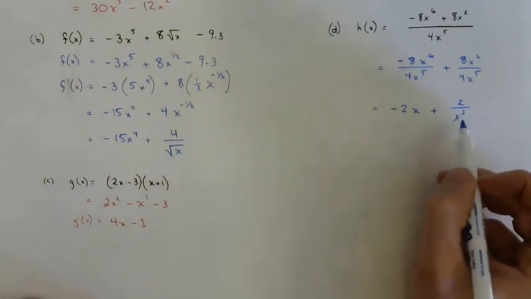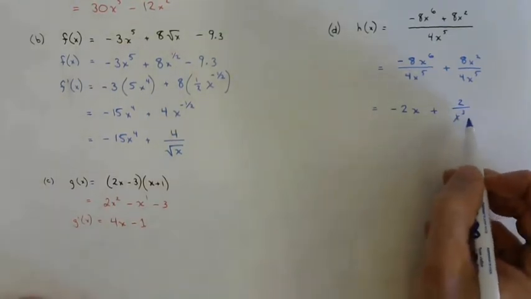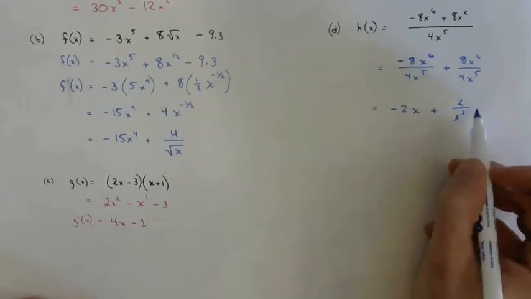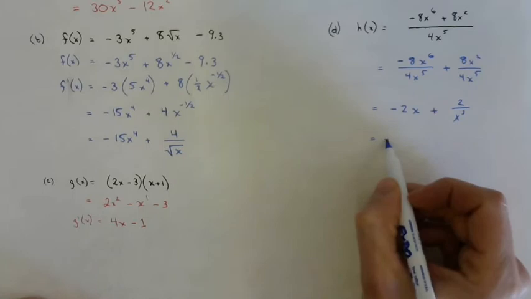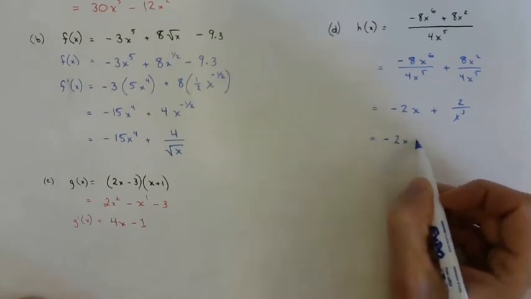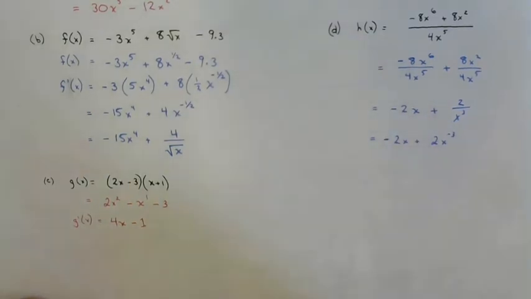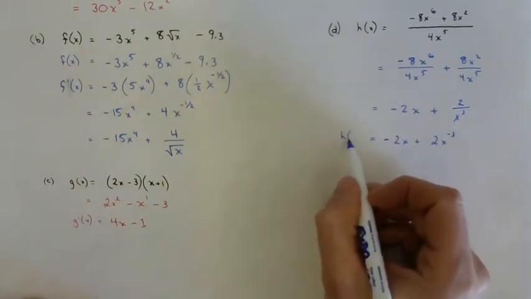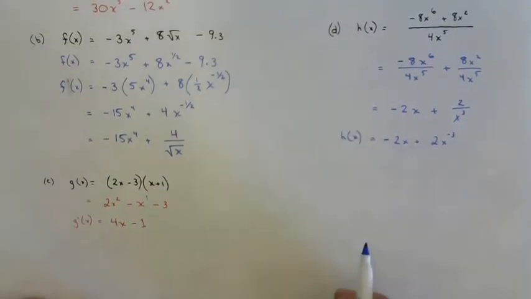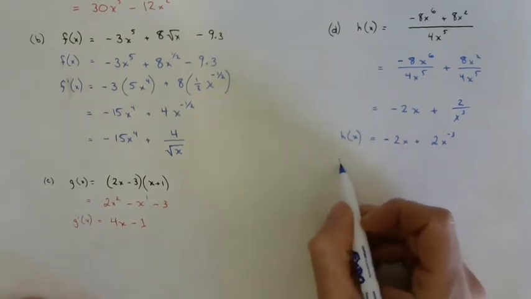Now again, we don't want our variable with its exponent in the denominator, so I'm going to express that with a negative exponent in the numerator. So our first term is good, negative 2x. The second term is going to be 2 times x to the power of negative 3. So this is h of x simplified, and now you can see it's pretty straightforward for us to take h